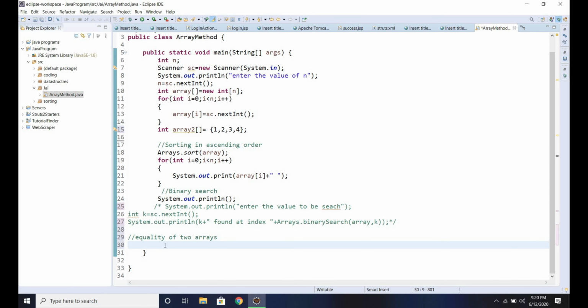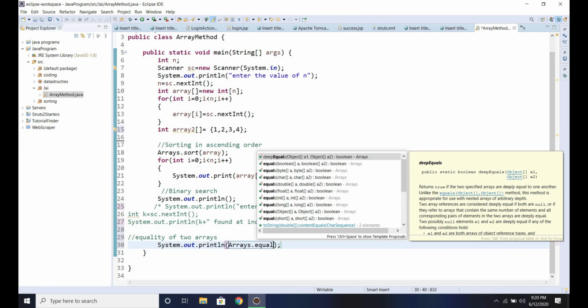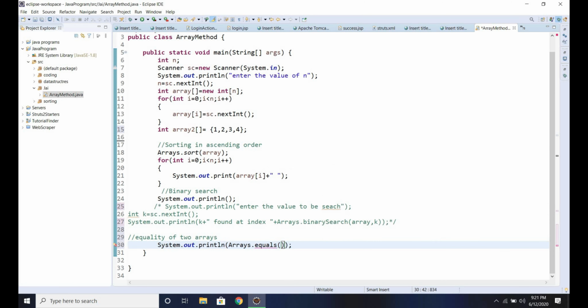So now for comparing we will write a print statement, and we'll use the Arrays class equals method. This equals is a method inside the Arrays class. Inside parentheses we will pass both the arrays, first array and second array: array, array2. Okay, now run the file.